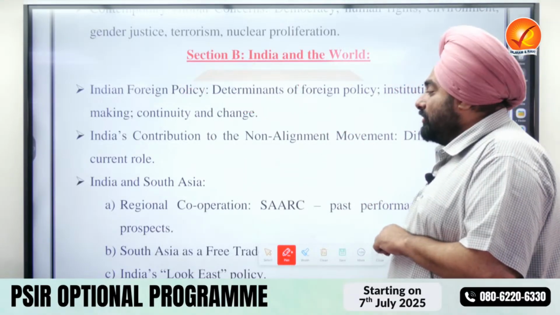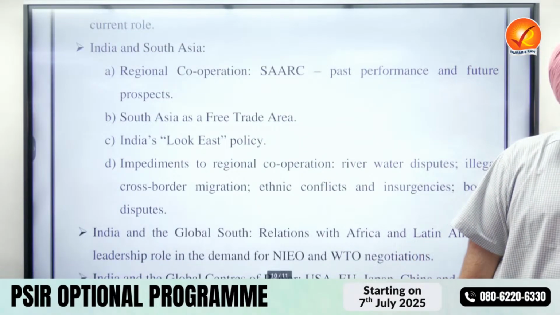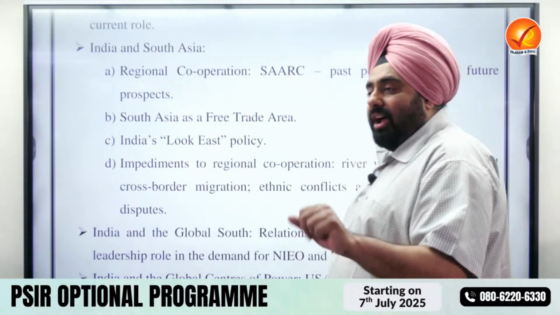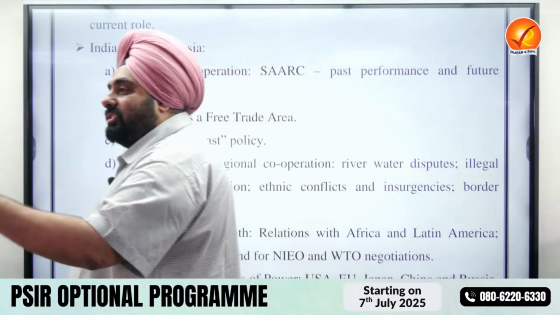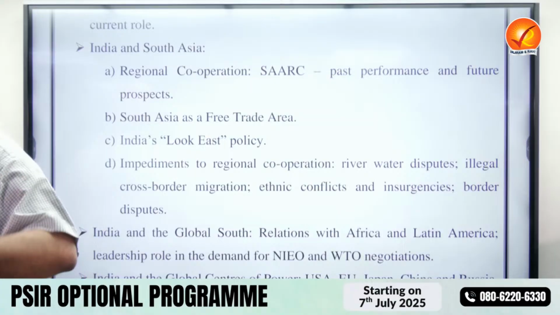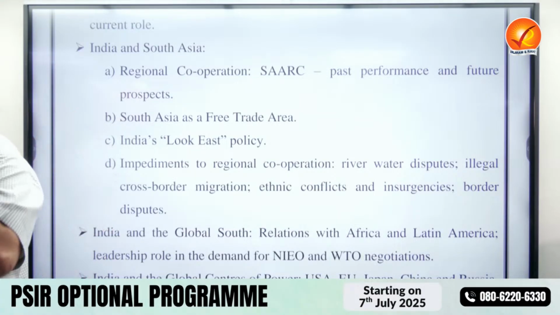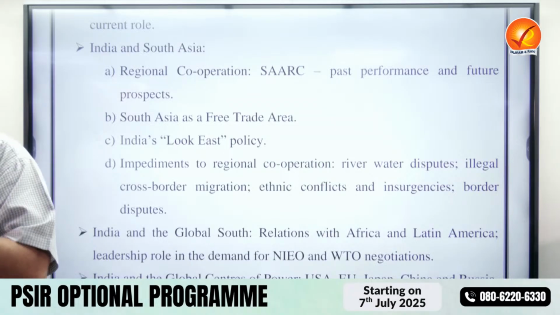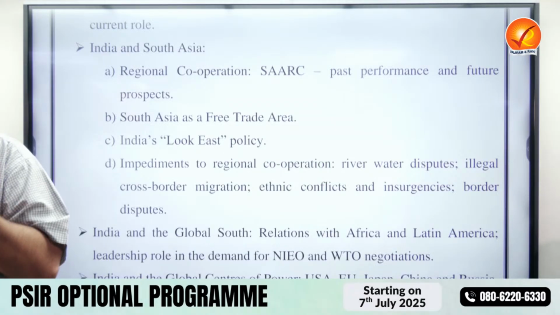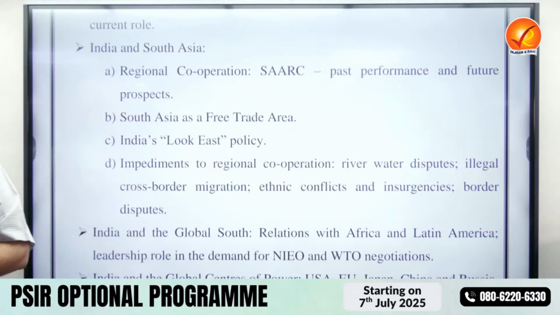Then is India's relationship with South Asia. That's a very important chapter. All our South Asian neighbors, Pakistan, Afghanistan, Maldives, Sri Lanka, Bangladesh, Nepal, Bhutan, are also members of the organization called SAARC. So what relationship do we have with these countries? What disputes do we have? What river disputes do we have? Also what territorial and border disputes do we have? There is a refugee problem, an illegal migration problem. All this we discuss in this particular chapter. Then also how cross-border terrorism has been happening, how Pakistan is fighting a proxy war against India.